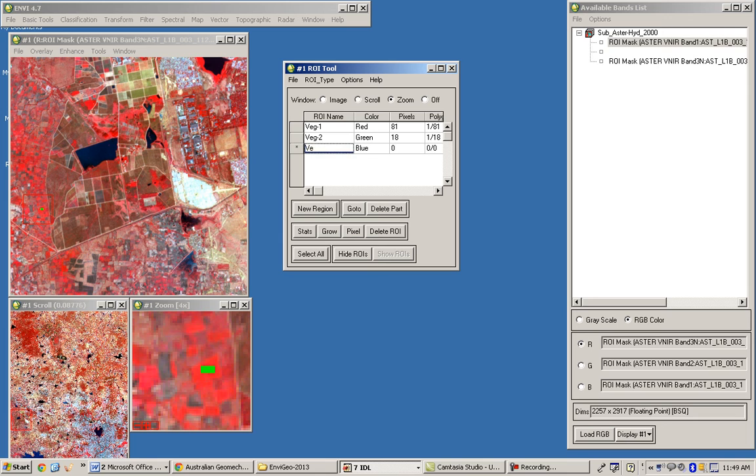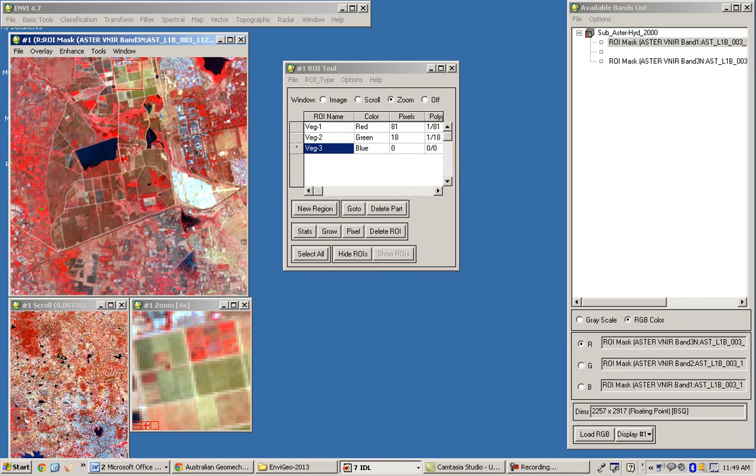But when you are classifying the image, all these crops should be in vegetation 1. I mean, if it is a level 1 classification, it can be vegetation, and in a level 2 classification it can be classified into agricultural land. Okay, so now you can see there are different kinds of colors. I'm collecting samples carefully. Okay, this is vegetation 3, and there is a land which has some water.